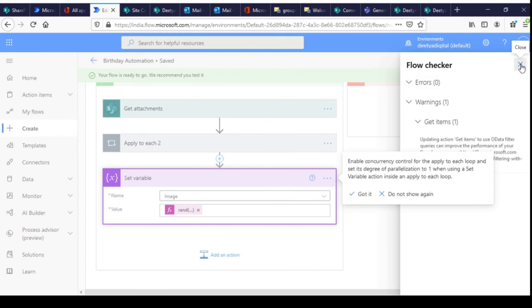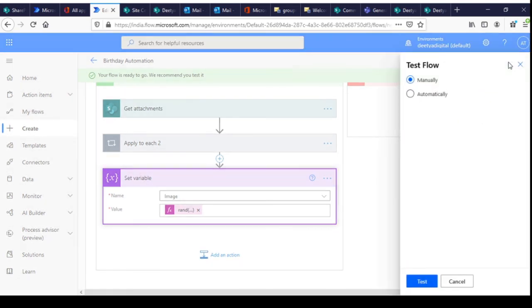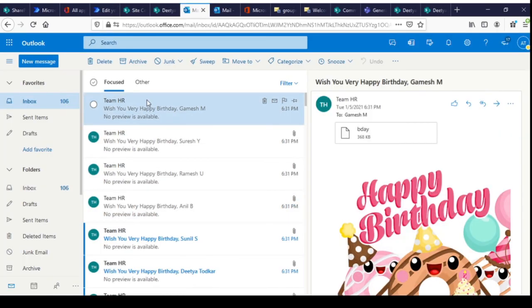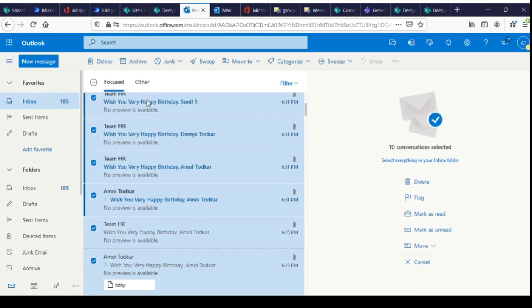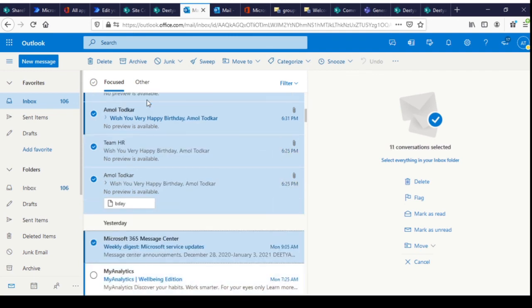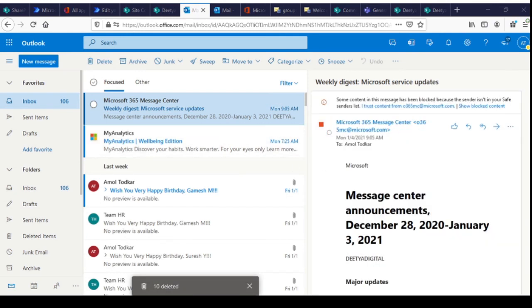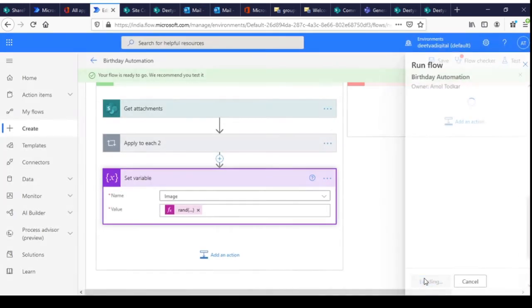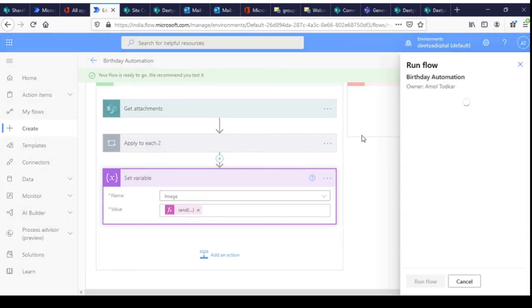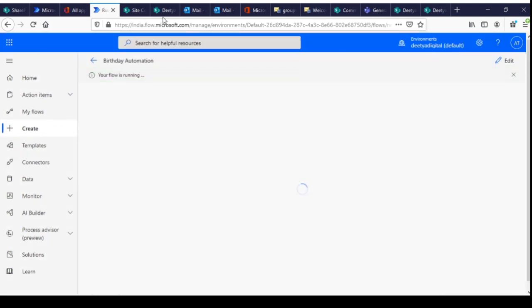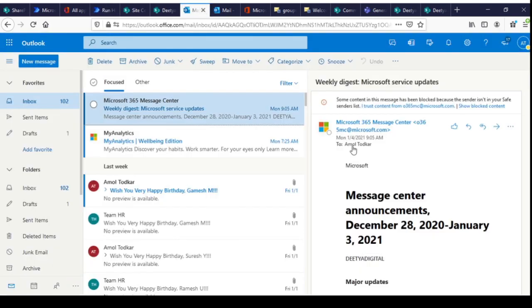Now I'm saving the record, and I will test it one more time so that you can see the random images in every new birthday wishes email. One second, click on test, run flow, done. So I'm quickly going into my inbox.